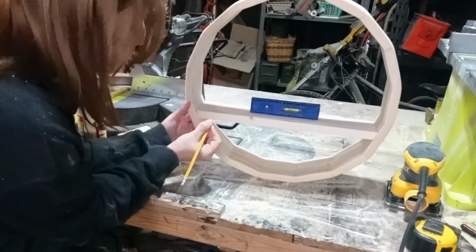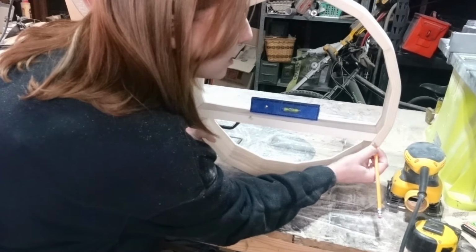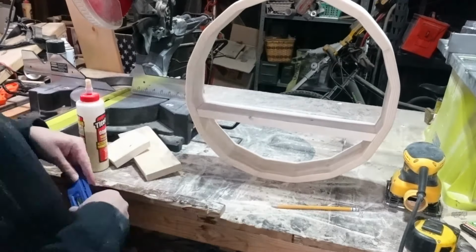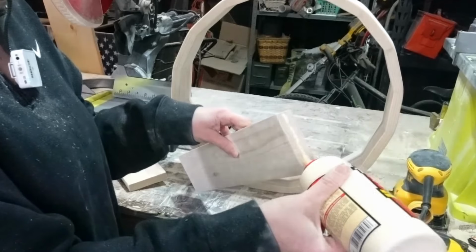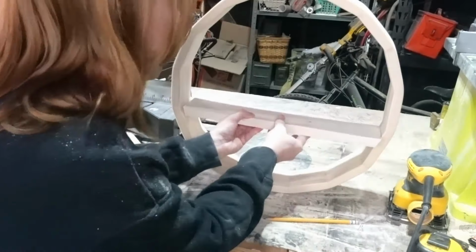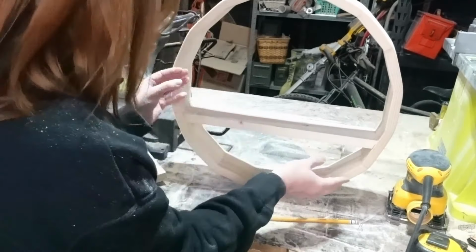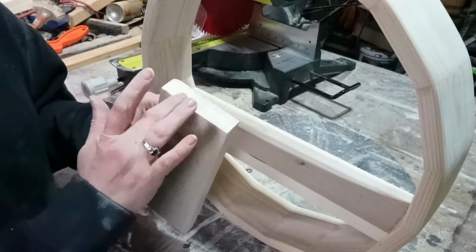But I just wanna mark where I want this board sitting, so when I add the glue and put it back on, I don't have to try and find that same spot. I did make sure the shelf was level lengthwise, but forgot to check the width and make sure it was also level that way. This caused an issue when trying to add in the vertical boards, and I had to take the shelf off